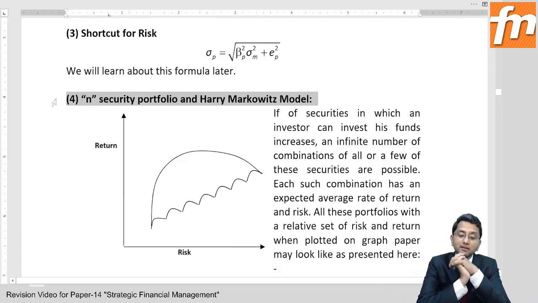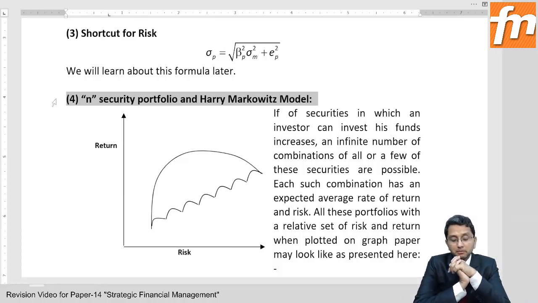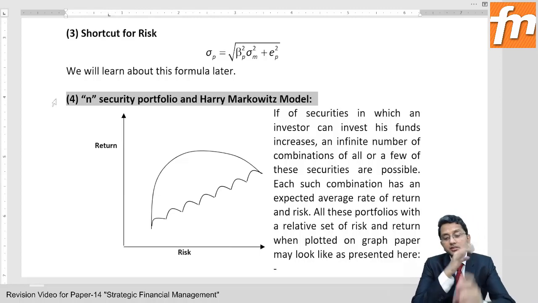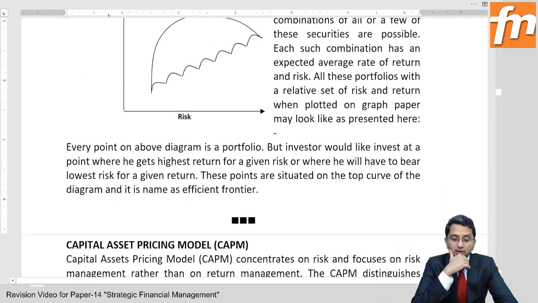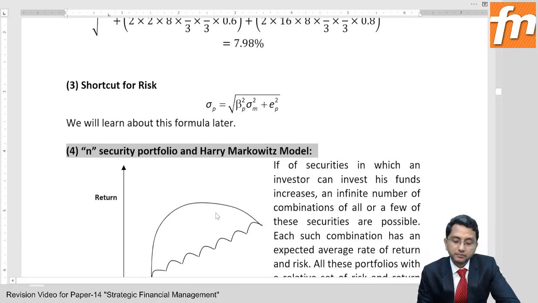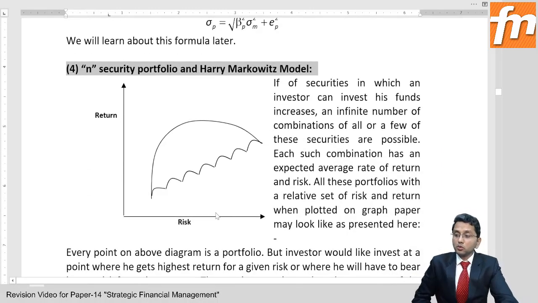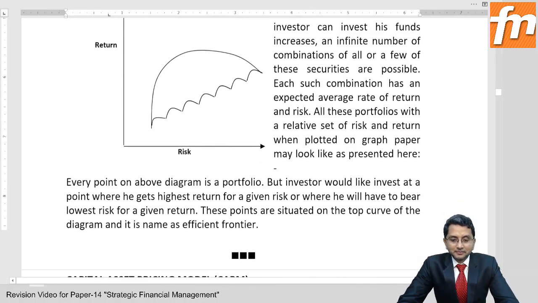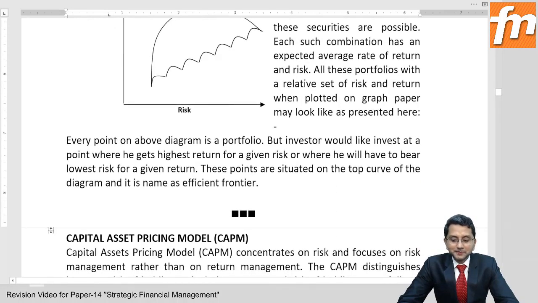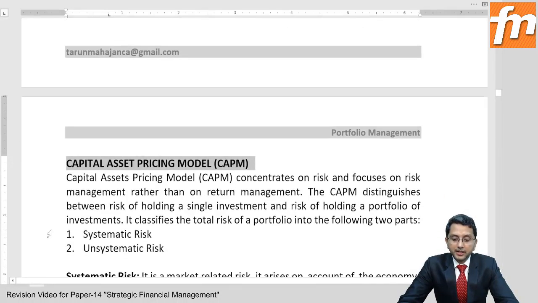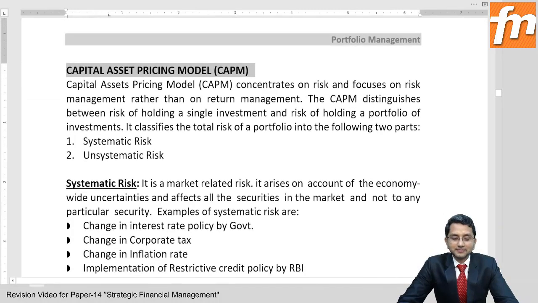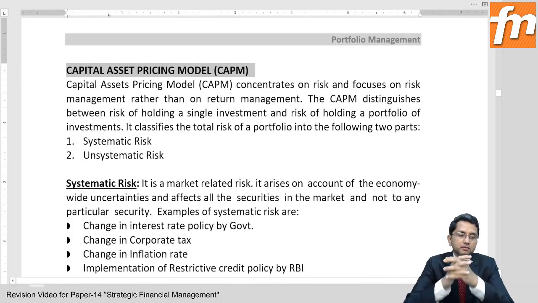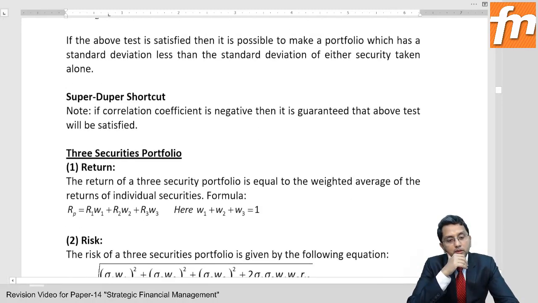This n securities thing was discovered by Mr. Harry Markowitz, and that's why this is called the Harry Markowitz model, right? This is how you can continue to make up to n securities portfolio. Now, so this was one thing which we wanted to study and we studied it. Now, suppose finally, if I go back to the